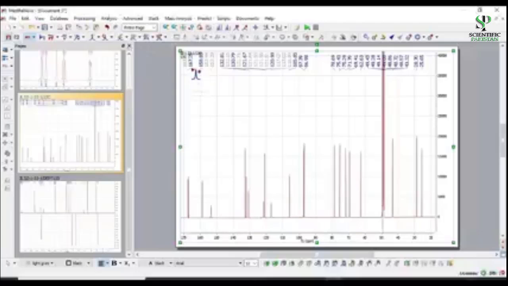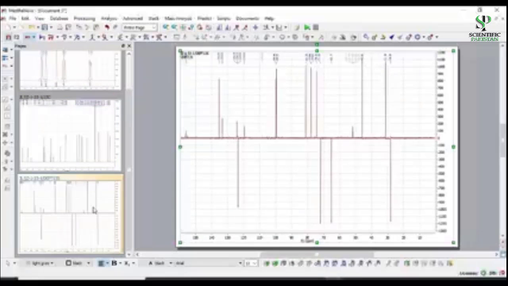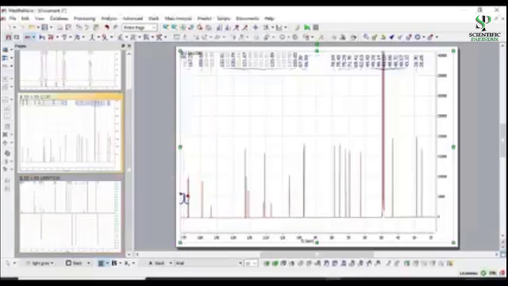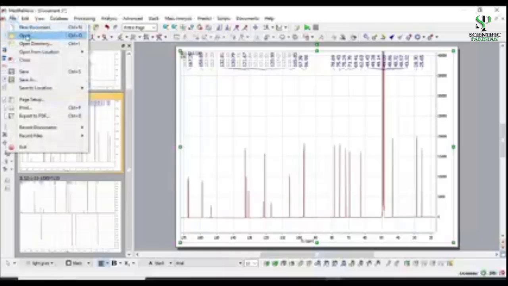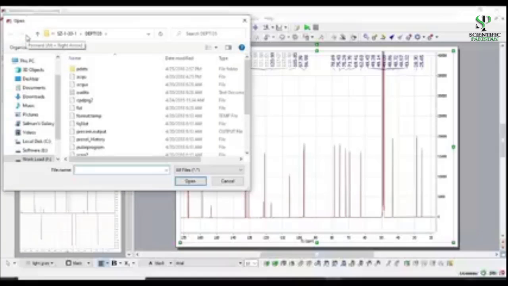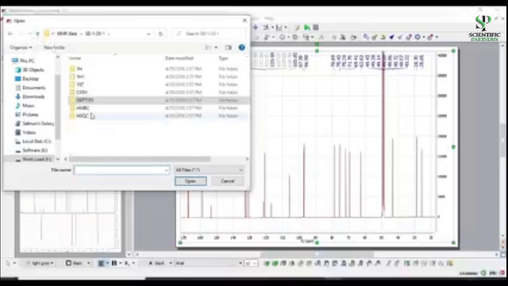Like for example, 167 should be absent in the DEPT 135, and you see there is no 167, nothing above 140, and that means that this 167 is a quaternary carbon. So we're done with the proton and the carbon-13, and if you want to analyze it further, you can also